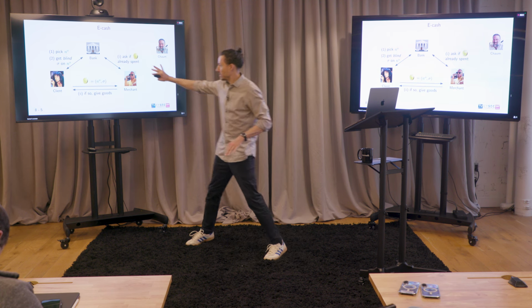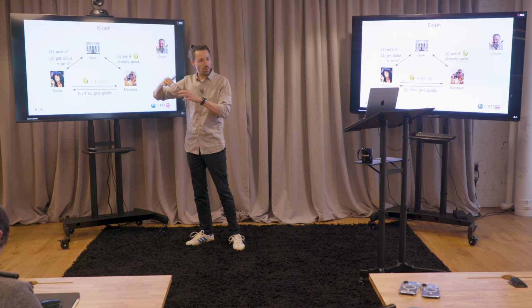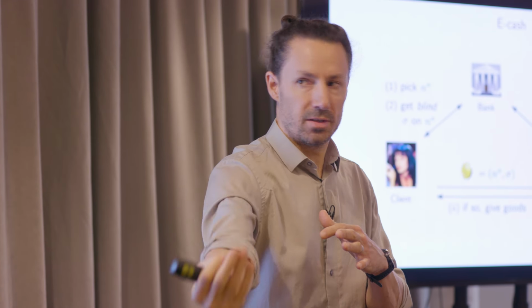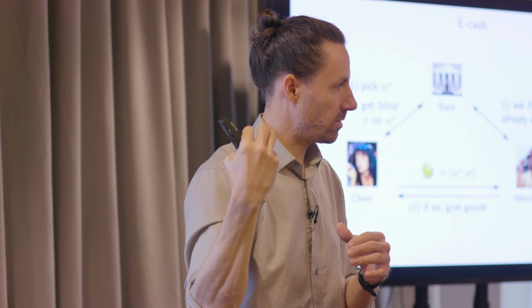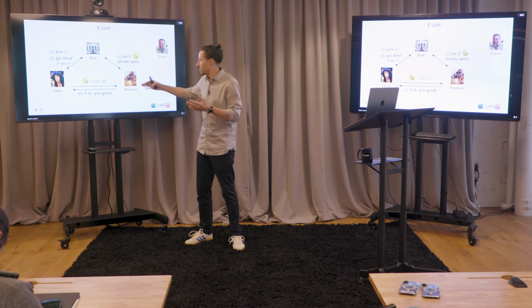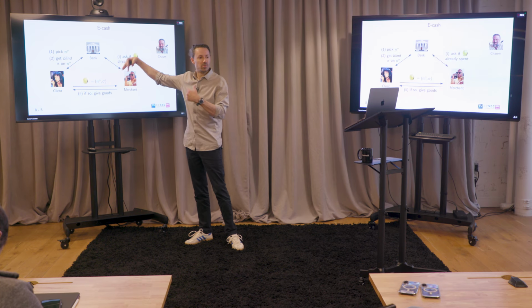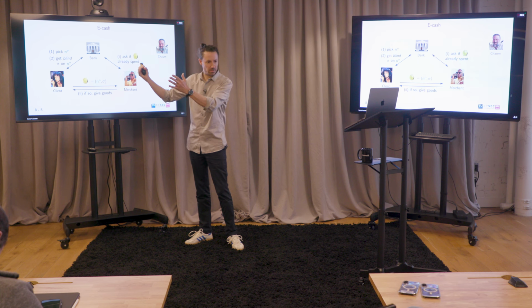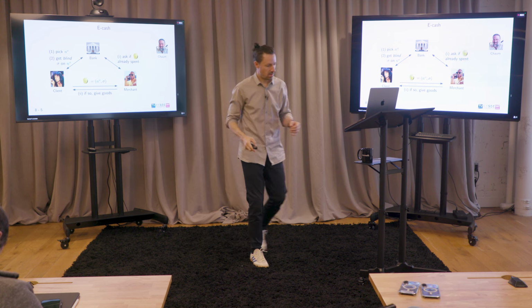Okay, so the bank just remembers, it doesn't know which coins it issued, right? That was blind, but it knows what coins it already received for payments, like deposited coins. And so the idea is basically you don't accept the coin before you deposit it, and so the bank can check whether it was already spent before. Yes? So the merchant now can't use that coin again? Yes. Okay. That's true, yeah.